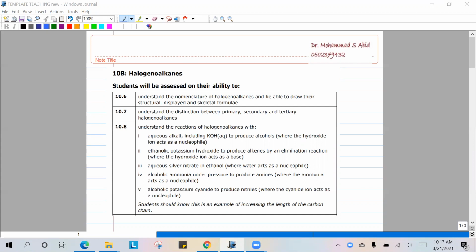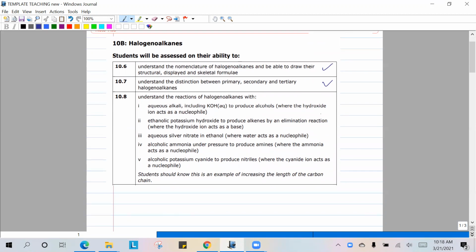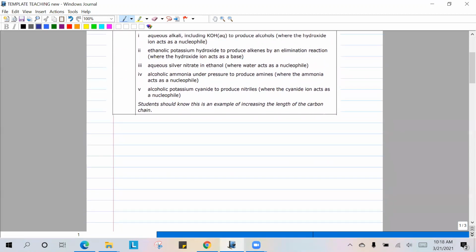So last time we were talking about haloalkanes one. Now we move on to haloalkanes two. And the first part we have done this thing and this thing, and we talked also about the physical properties. Now we move on to the